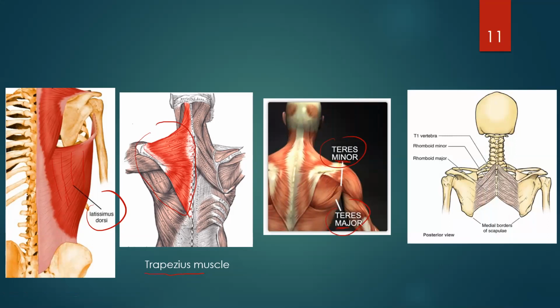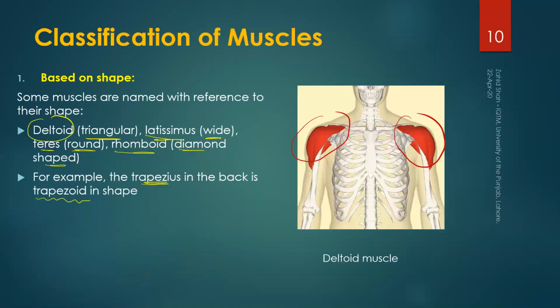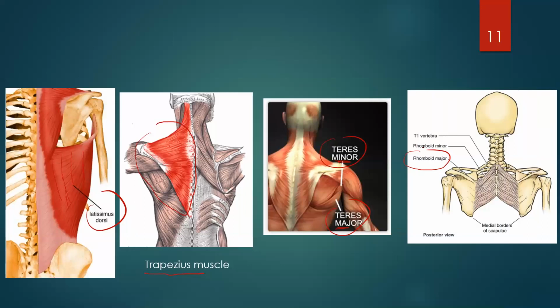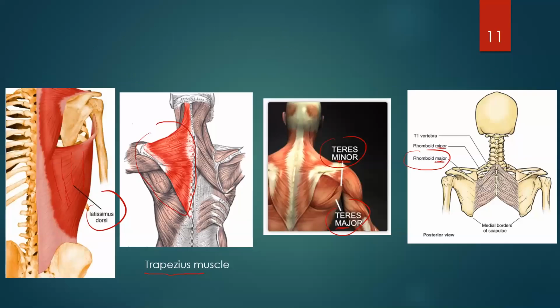And we have, in this case, the rhomboid muscle. You can see that this is sort of a rhombus shape, as we saw here in this example. So the rhombus or diamond shaped muscle is this one. And this also has two other words, rhomboid minor and major. Minor means the smaller of the group of muscles and major means the bigger of the group of muscles. So some muscles' shape can be understood through their name.